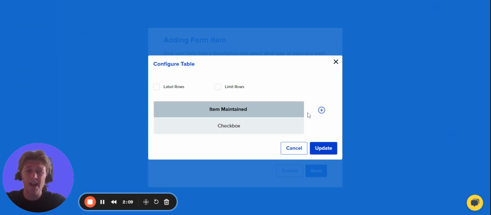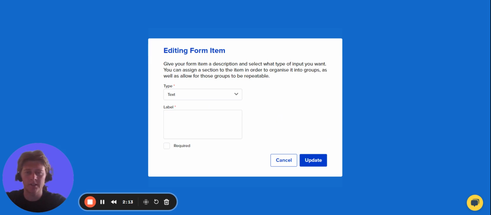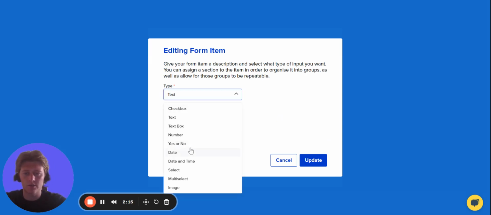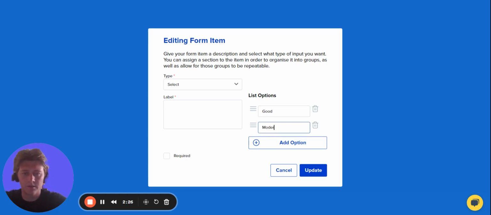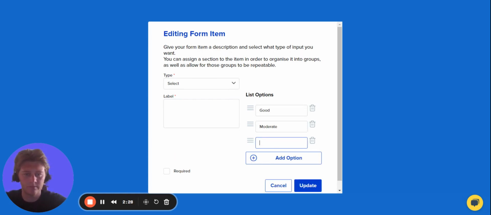Create that. Add an additional column just by selecting the blue plus on the right hand side. Change this to a select, where technicians would then select this option, and then these drop downs would appear of good, moderate, and poor. And I can change the label of this to condition of item